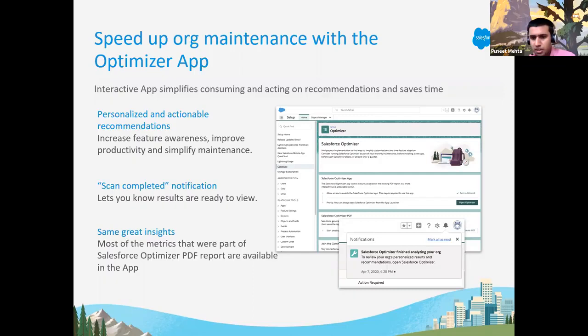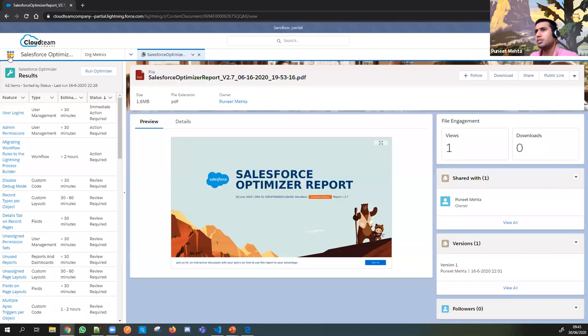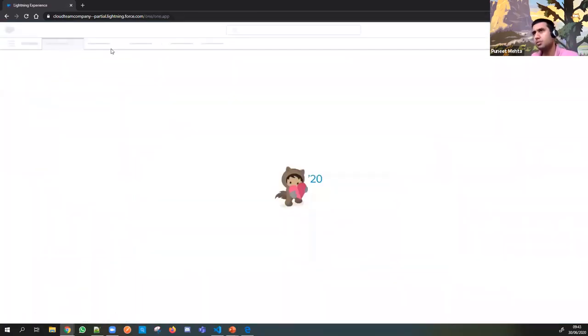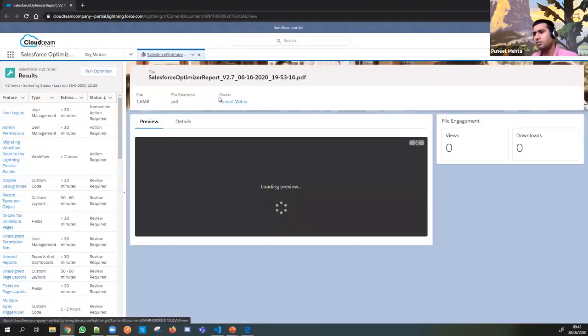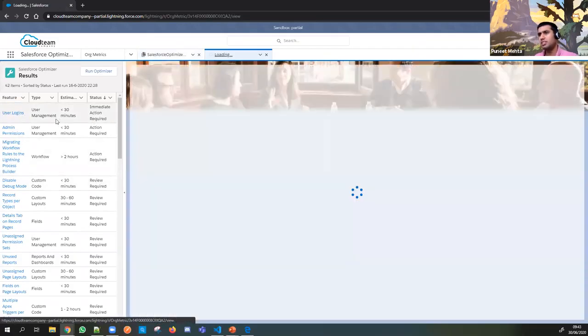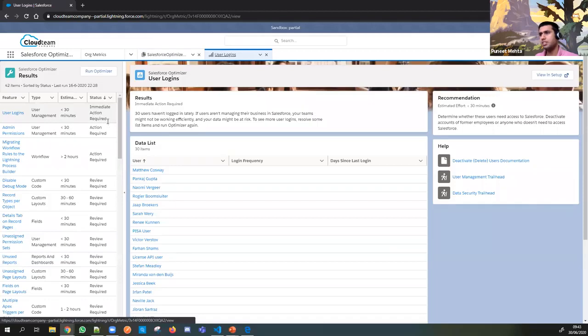I can tell you how it looks like within Salesforce. So what you do is go to your apps and type Optimizer. So earlier you used to click on a button and it used to create a PDF and send you the reports in 24 hours. So instead of that, now you can see the records or the result directly within Salesforce. So for this instance, it's telling me that a feature user login requires an action and what kind of feature it is and how much time it will take. So let's say